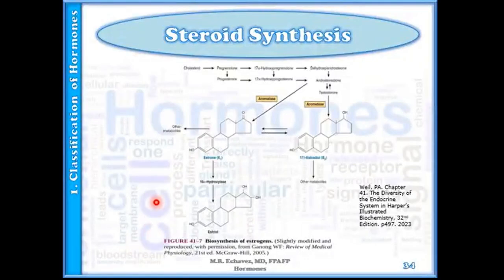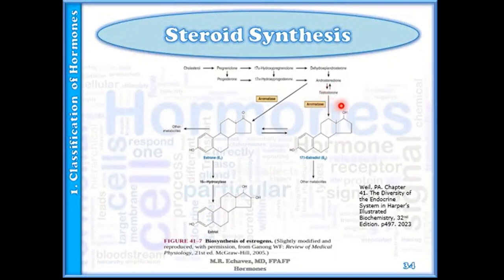Here, from your androgens, we can form your estrogen. We only need to remove 1 carbon. You would notice that this became aromatic, or in other words, it gained 3 double bonds. The enzyme that makes that possible is aromatase. Again, your androgens have 19 carbons. When you cleave 1 carbon, found here, it converts this into an aromatic ring. So we have your estradiol, your estrone, and your estriol.